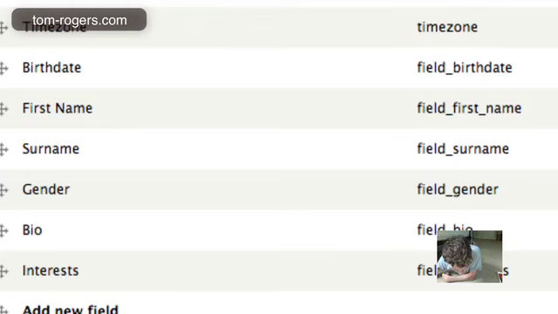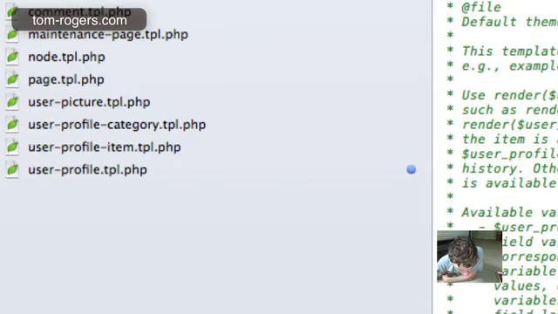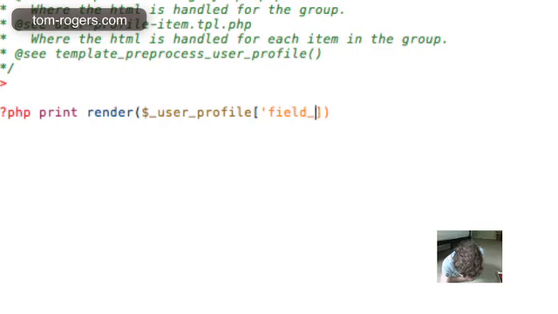So let's put that in our function. First underscore name. Close out our thing. So to get user profile data, you just say PHP print render user profile, and then the machine name of the field you want to print. If we go ahead and save that,